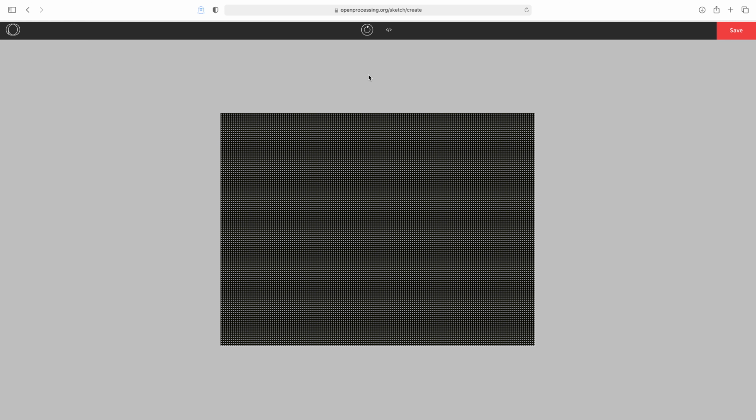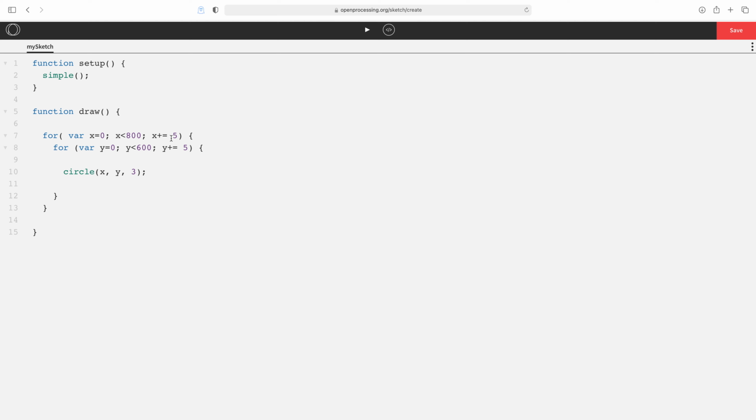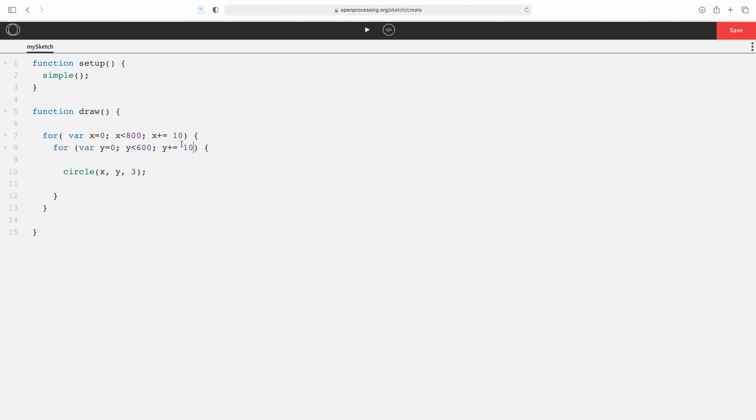I should see a grid. Yep. In fact, if I jump at even bigger steps, the grid should be more apparent. There. Great. So we are moving across the entire canvas. Now we want to calculate a noise value. So if I say var n equals,